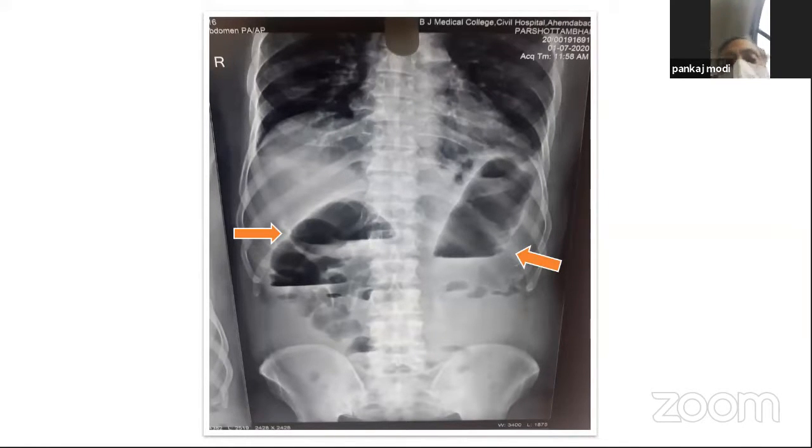And you can see that there is a right side dilated loop. What does it suggest? The cecal valve is competent, and the ascending colon is also dilated. So what is the meaning of that? It's a closed loop obstruction. That suggests that the ileocecal valve is probably competent, right? You cannot stamp it, but it suggests it might be a closed loop obstruction.